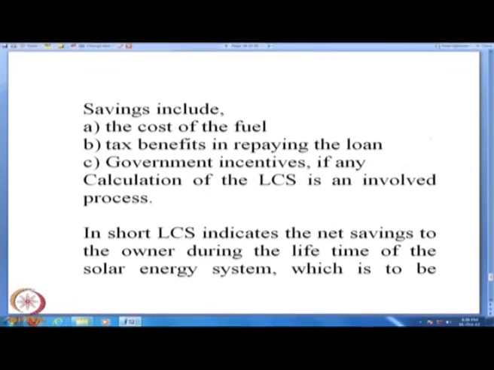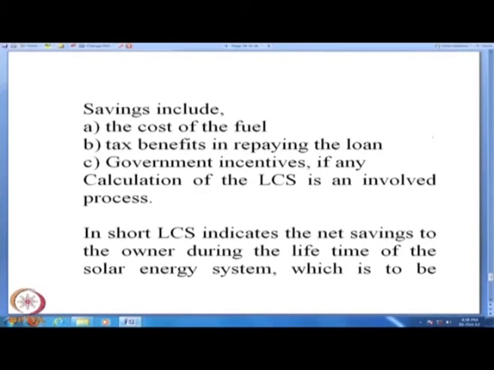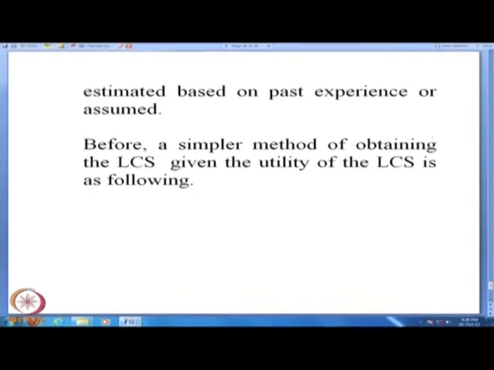So, in addition, you have to bring in what is called the present worth factor. What is the value today of 100 rupees 10 years later? In short, LCS indicates the net savings to the owner during the lifetime of the solar energy system, which is to be estimated based on past experience or assumed. That is, the life time period, 10 years, 20 years, 15 years, has to be assumed. Before a simpler method of obtaining LCS is given, let us examine what is the utility of this